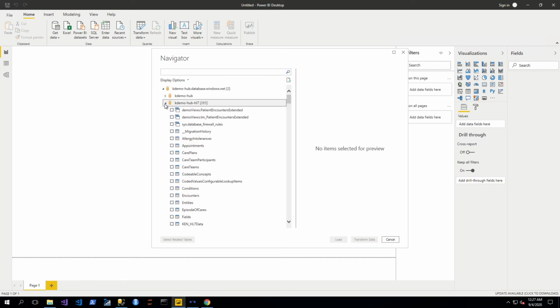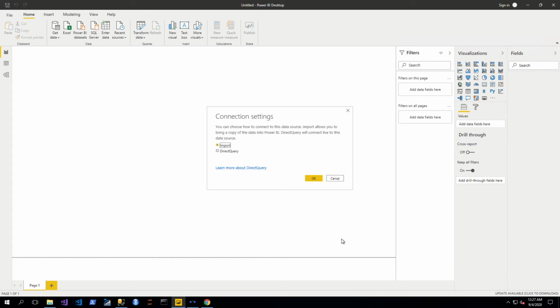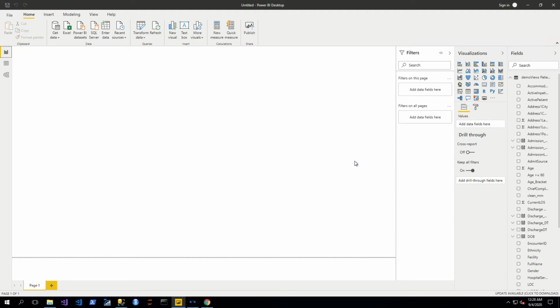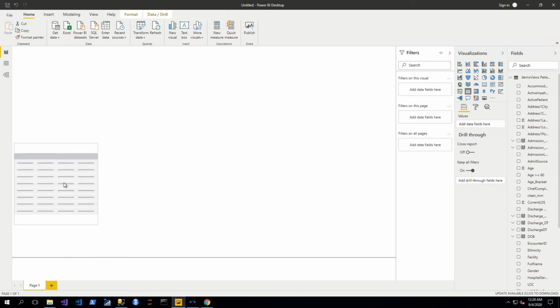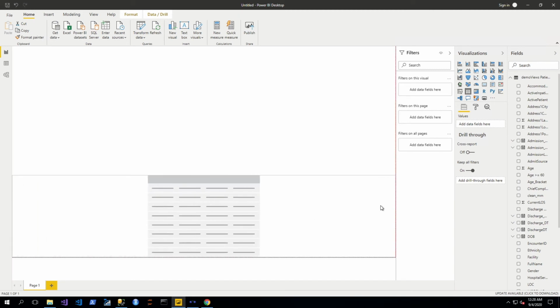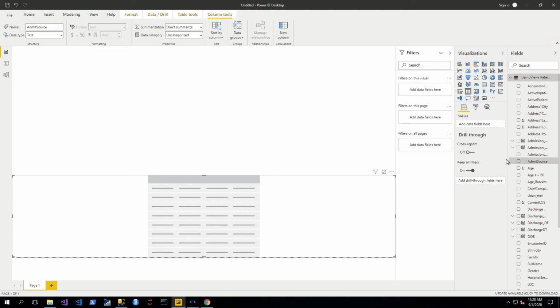So here I'm going to pick one of the data views that is being populated by the pipeline as it is processing the data. So I'll wait for this to come up, and I'm going to keep this simple. I'm going to add something very similar to what we were seeing in that roster tool. I'm going to add patients from within this view that I pulled in from KenSci's platform into this Power BI developer experience, and I'm going to